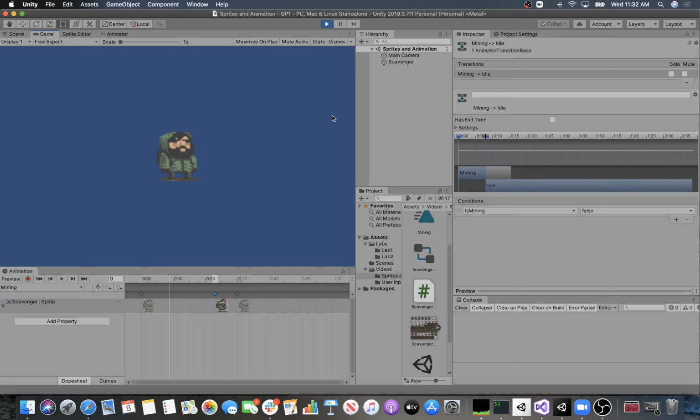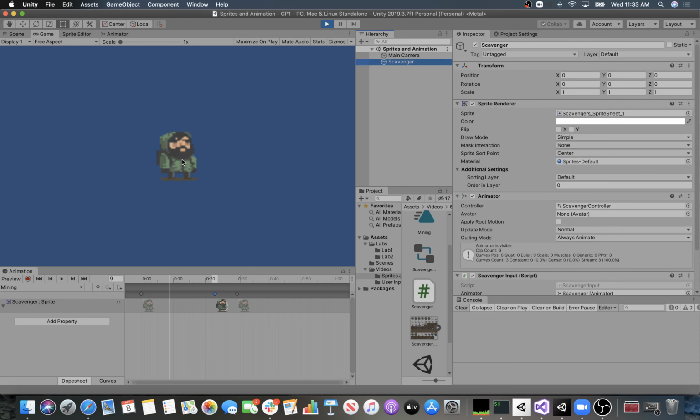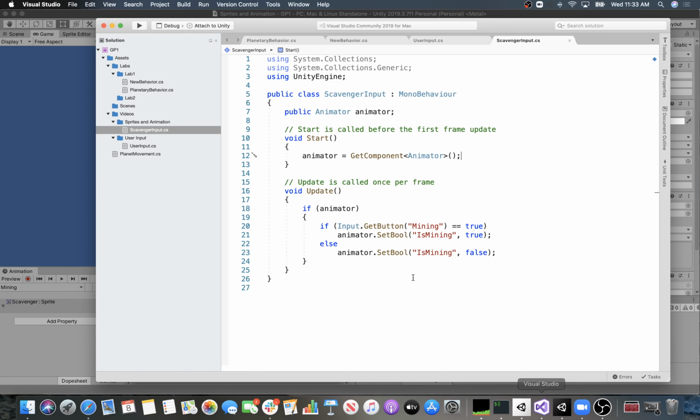All right, the other thing that we can do is we can get some user input along the horizontal axis to switch the direction that this sprite is facing. If you look in your sprite renderer, you'll see this flip option. If I click on the X, you'll see that it flips the other way. And in fact, as long as it's flipped the other way, then all of my sprites are going to rotate the other way, because this sprite is getting replaced by my animations. So what I want to do is go back to my script,